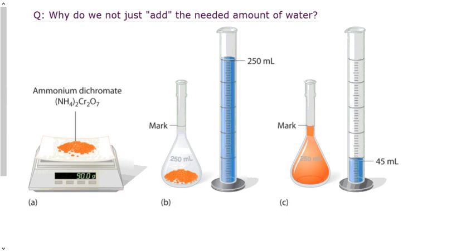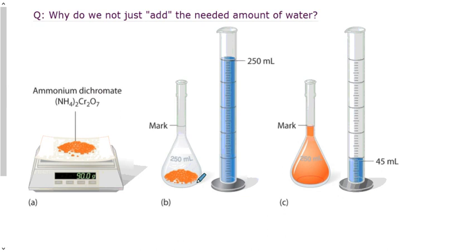Let's look at why. Take a look at this pile of ammonium dichromate. In whatever situation they were making, we calculated we had to measure 90 grams of it. We were going to make it up to 250 mL of solution. So you'll see that in my volumetric flask, sorry, I have put my 250 mL of